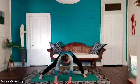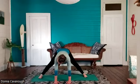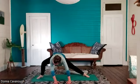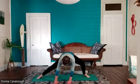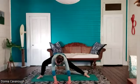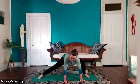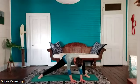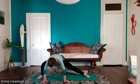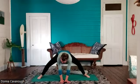So noticing where you might feel that movement. Okay, now turn the toes out and do the same thing. And you'll feel that it's different. Okay, and as you swing your hips to one side, you can walk your hands in that direction too. So you'll bring the hips a little deeper. All right, walk the hands over to the right